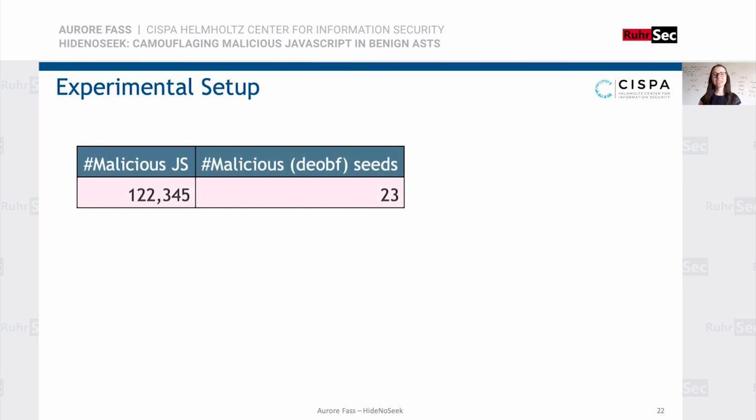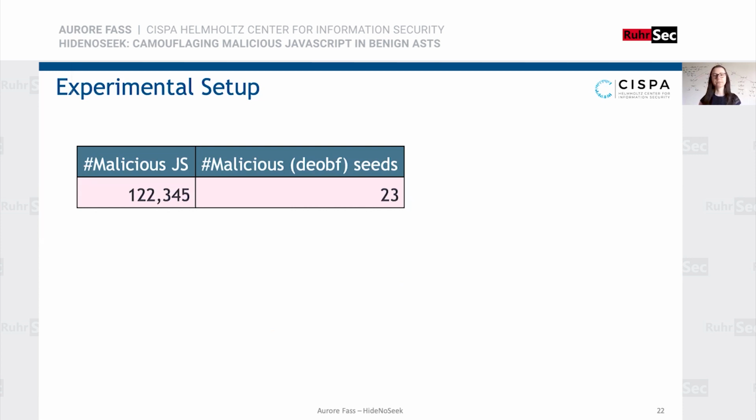Great, so how well does HideNoSeek actually perform in practice? To do that, we considered our data set consisting of over 120,000 different malicious files from 4 different sources. We clustered the files and deobfuscated and analyzed one sample per cluster until the initial malicious payload appeared. So at the end, we retain 23 unique malicious seeds, which are representative of our data set. For example, we have droppers, we have different exploit kit families targeting different vulnerabilities, we have a crypto miner,